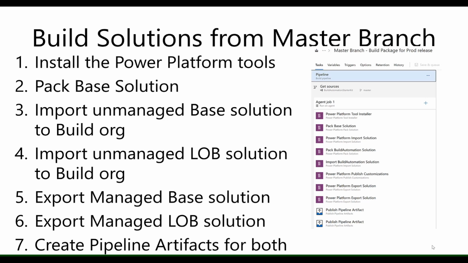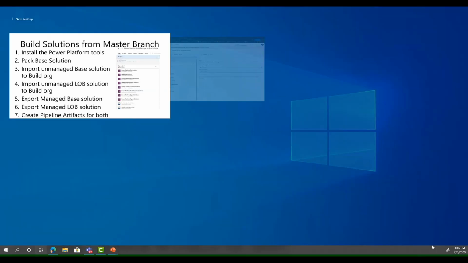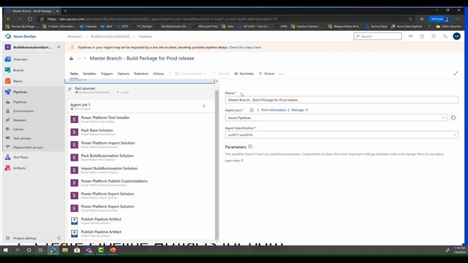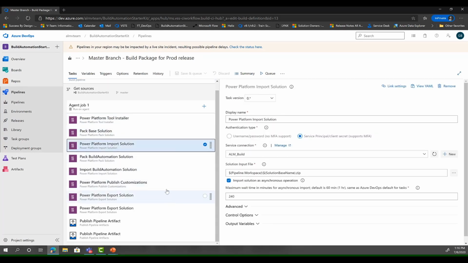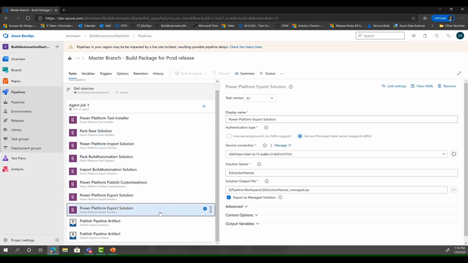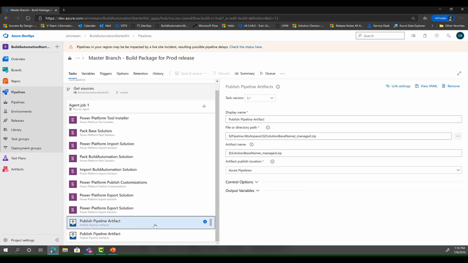We're packing the base solution, importing to the build orgs, coming out as managed, and then we're publishing artifacts, one artifact for each base solution. If I switch over to our Azure DevOps, you can see I'm packing that base solution, importing it, and so on. And then I'm storing those as pipeline artifacts so that I can use them in my release